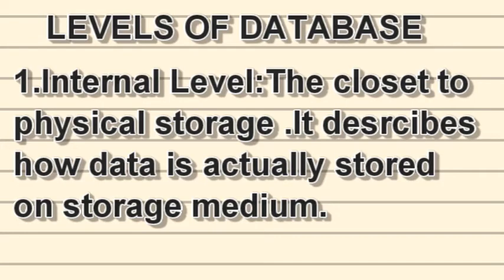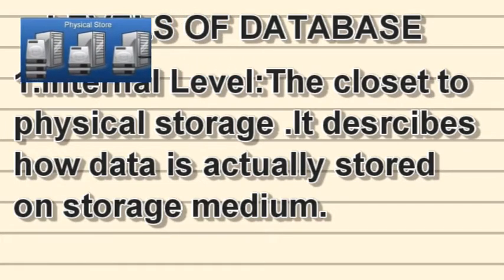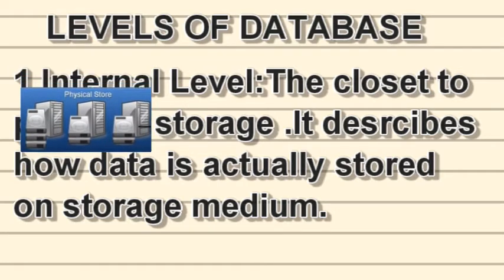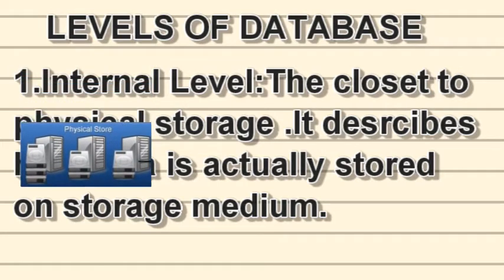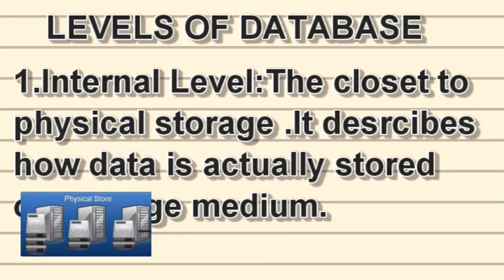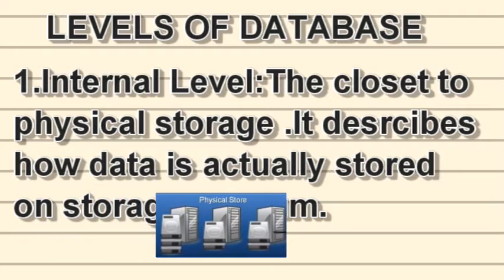Whenever I'm talking about the implementation of various levels, databases are generally divided into levels to create a database. First of all, the first level is the internal level. Sometimes this internal level is also called the physical level. What is the purpose of this internal level? It is the lowest level of abstraction, in which everything stored in the database, the physical storage of the database, how the data structures are evolved, and how the data is actually stored, is involved.